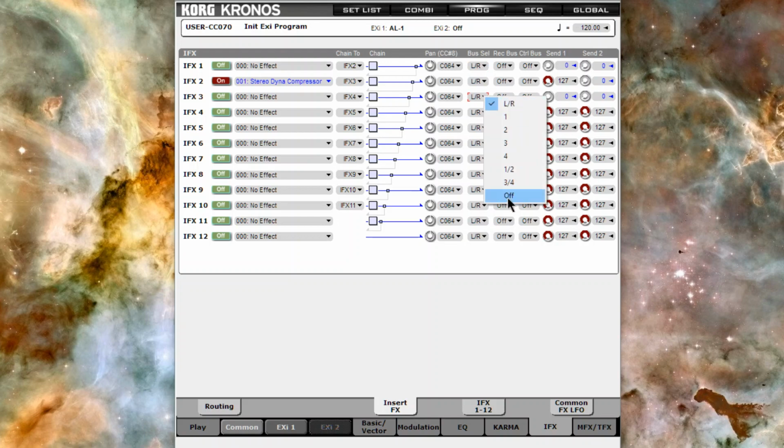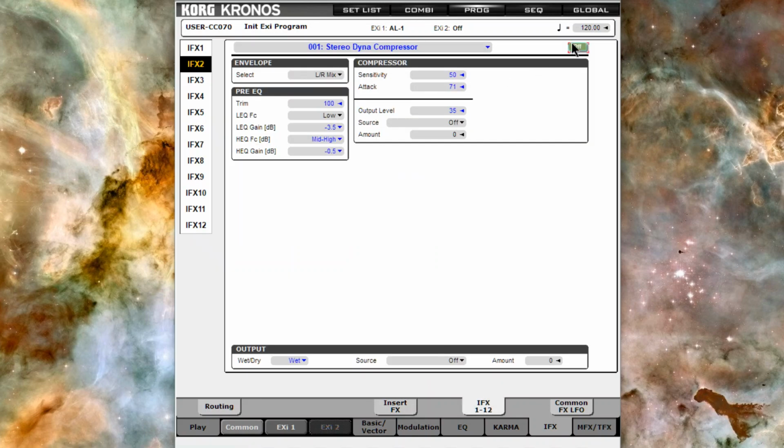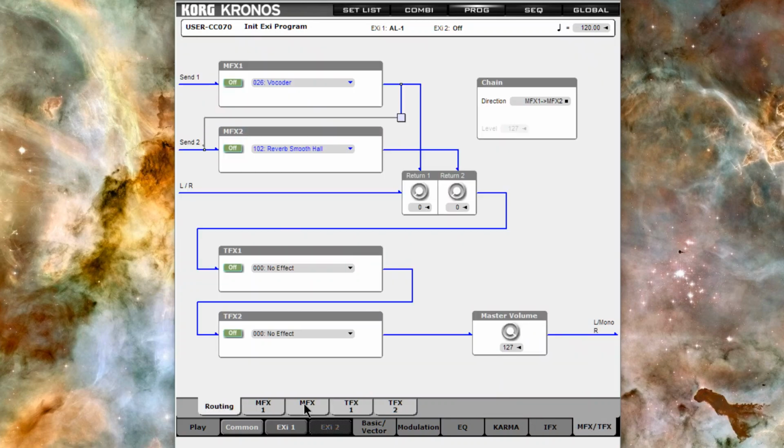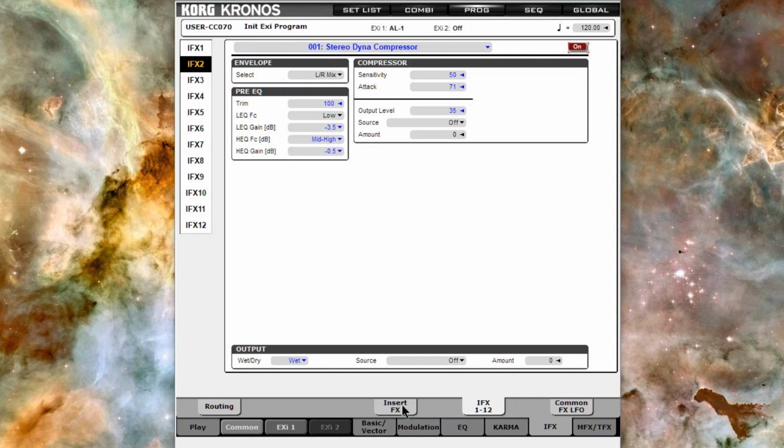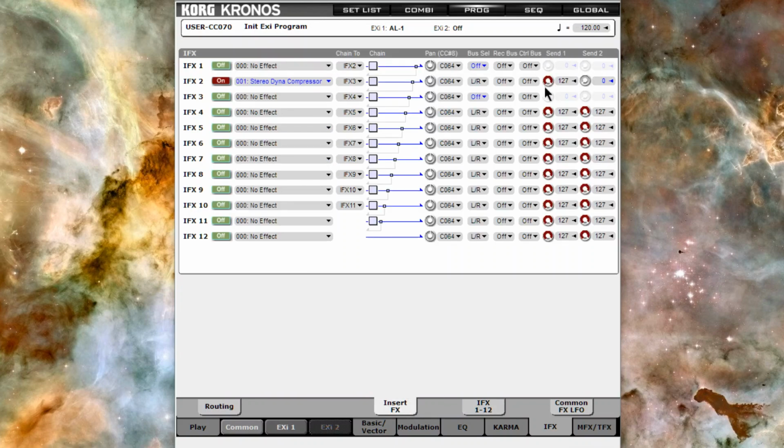As you can already see, I have the snare running through a compressor. If you want to hear what the compressor is doing, doing a little compression, taking a little bit off the bottom end and a little bit off the mid-high. So I want that snare, let me show you the routing on that, to go to insert effect 1, master